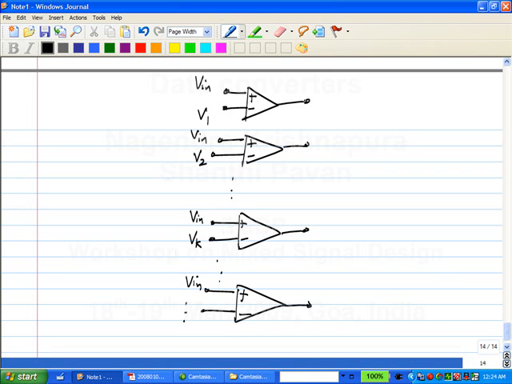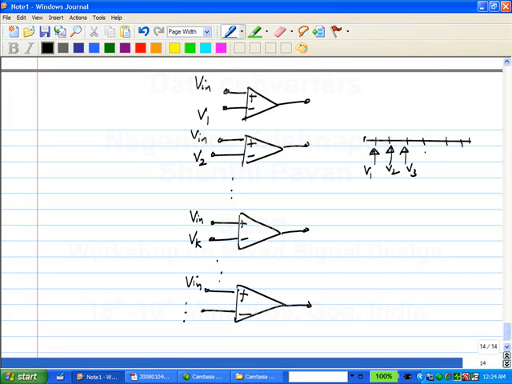We want to figure out, so if you divide the input range into many bins, each one of these, for example, can be V3 and so on. So if the input belongs to a certain bin, correct? What do you think this suggests? If the input lies in a particular bin like this, we know that the input lies between V2 and V3. What do we expect for the output? If the input lies between V2 and V3, then if you compare the input with V2, you should get